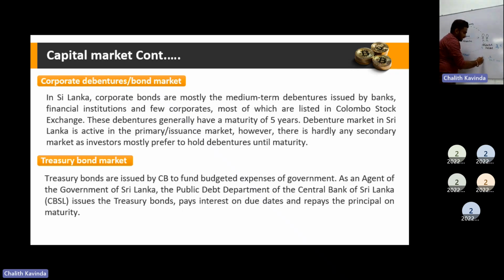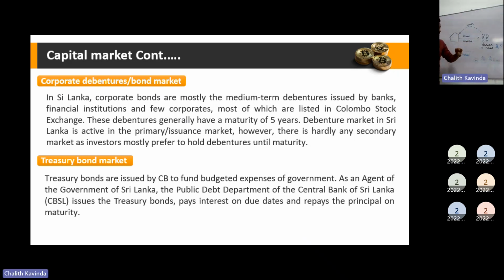So this is how it operates. Right? This is how it operates. Clear? So this also has two markets, primary market and secondary market. Usually, you could see that the company issues debentures to the debenture holders. That is the first-time aspect and we call it the primary market. Once they sell and buy the debentures with other investors, we call it the secondary market.